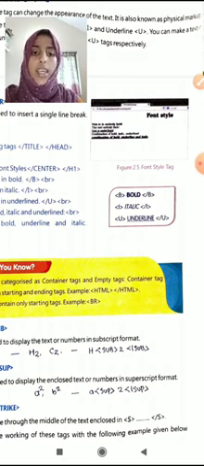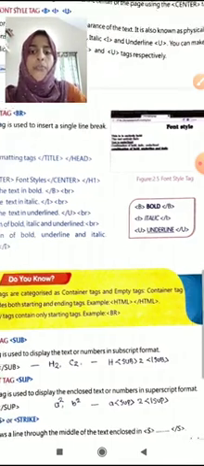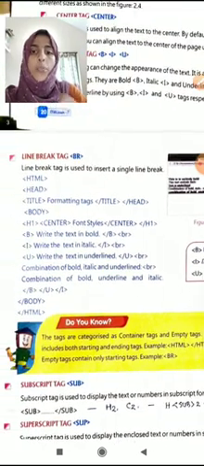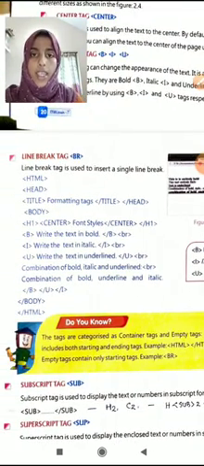Then <i>italic</i>, where I is used to make a text italic. Then <u>underline</u> to give underline to a text. Clear?